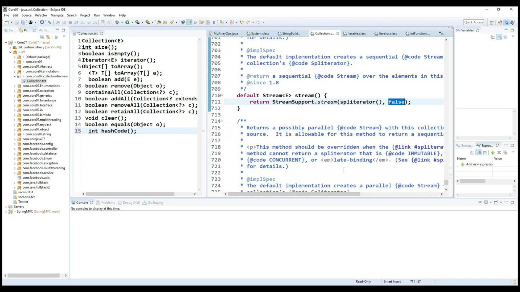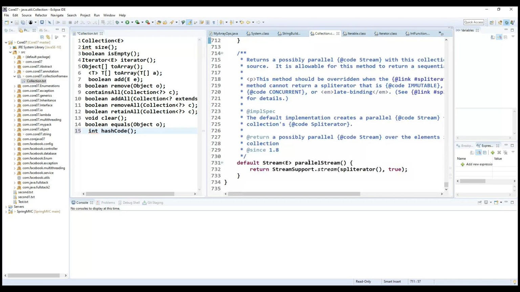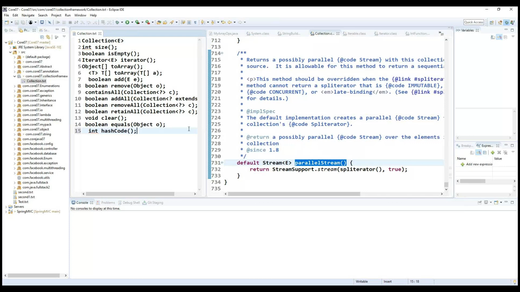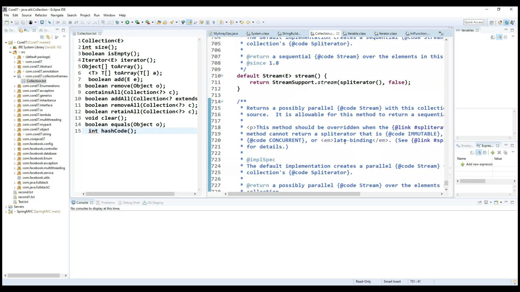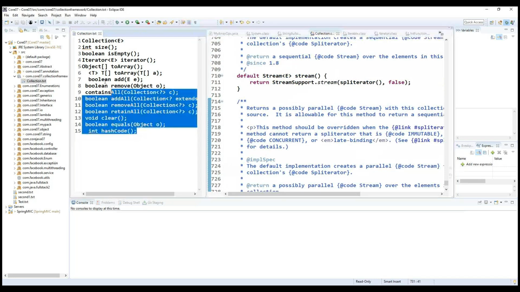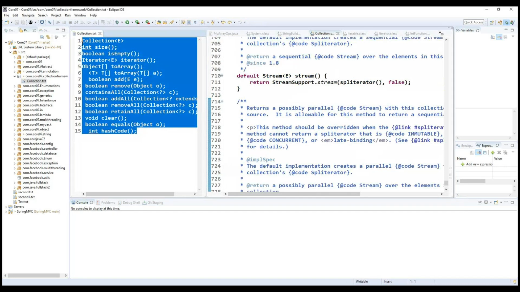Another default method is parallelStream. We need to understand the differences between stream and parallelStream, so first we need to focus more on this. Once we are familiar with this,